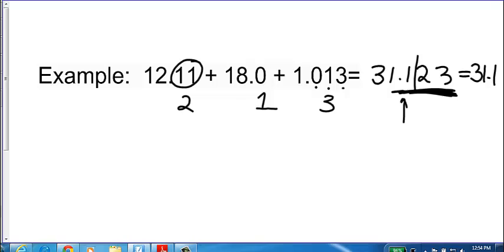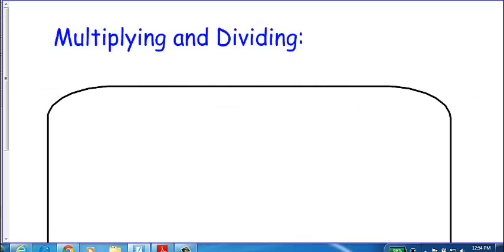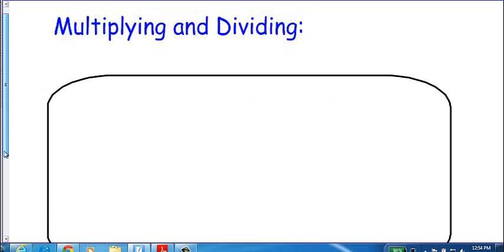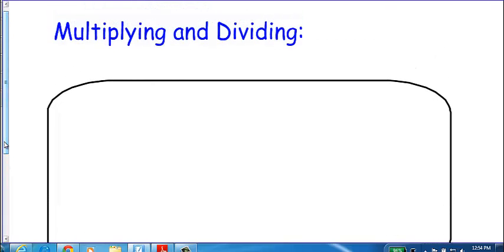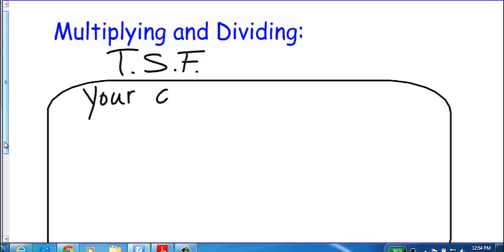Okay? The idea is that my answer can't be more precise than my least precise measurement. And my least precise measurement only goes to the 10th place, so my answer can only go to the 10th place. That's the idea. When you multiply or divide, it's a different rule. It's not AD, it's TSF. What TSF stands for is total sig figs. But it's the same concept, that your answer